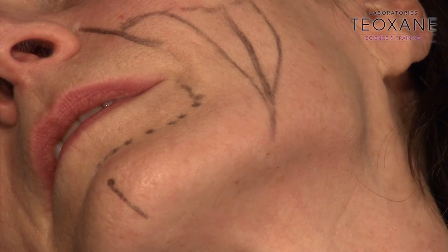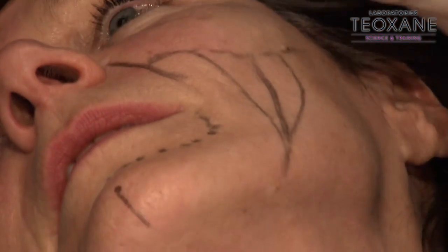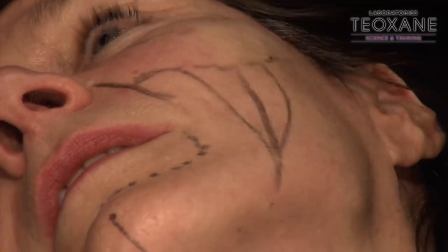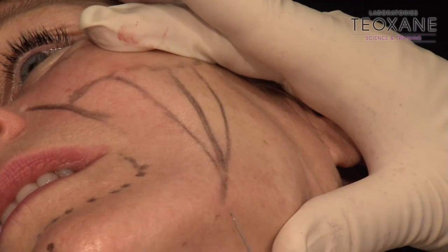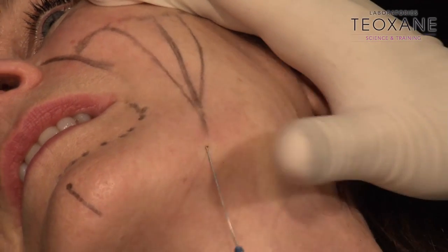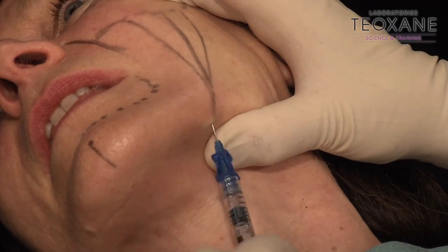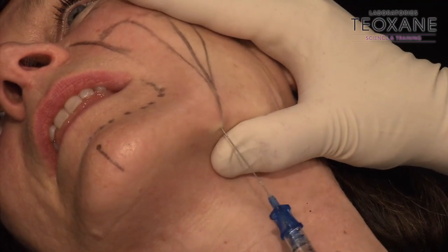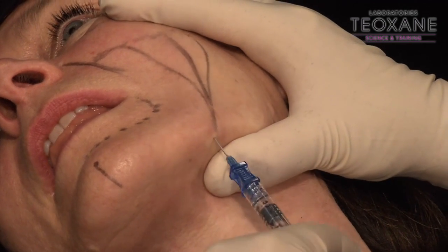Position again is very important. You're going to work from underneath, chin up. You have to push with the other hand, make an extension. You work vertical. You see, I go from here. You see, the other hand is tightening the skin, very important. Then you see exactly the right depth. And then I join up my...